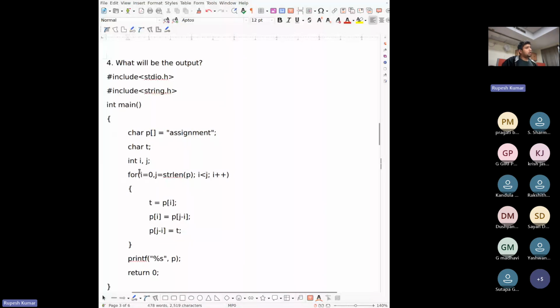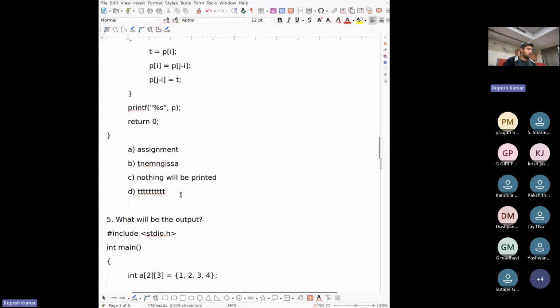So now you are running a for loop for int i equals 0, j equals strlen of p. So strlen is a function that returns the number of characters in a string. I hope you are familiar with the strlen function.